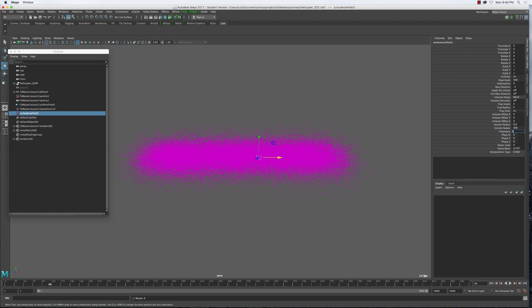I tend to work with two turbulence fields, and this is also mentioned quite a few times on my FX Power user lessons. So if you want even more information than what I'm giving you now, go to Level 1, Maya Dynamics 1 on the FX Power user. The examples with the rain and pretty much anything when I'm talking about particle goals and things like that, as always, I always use two